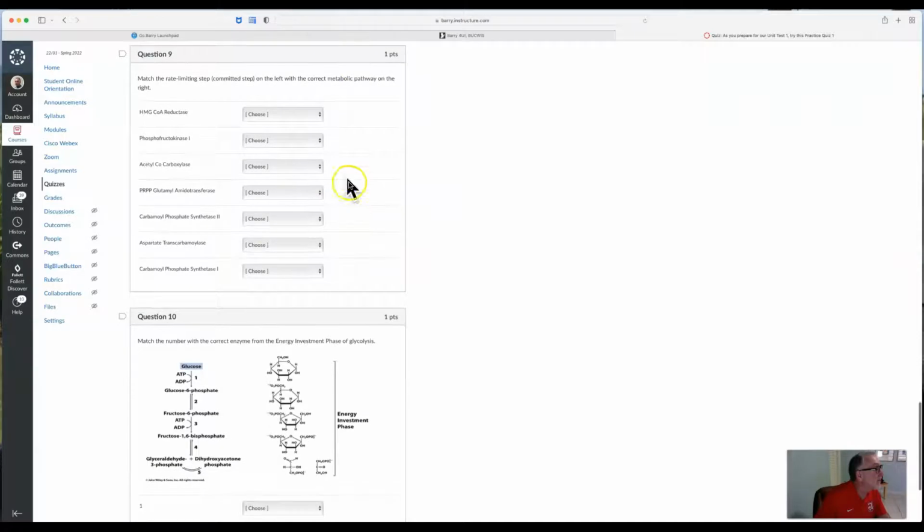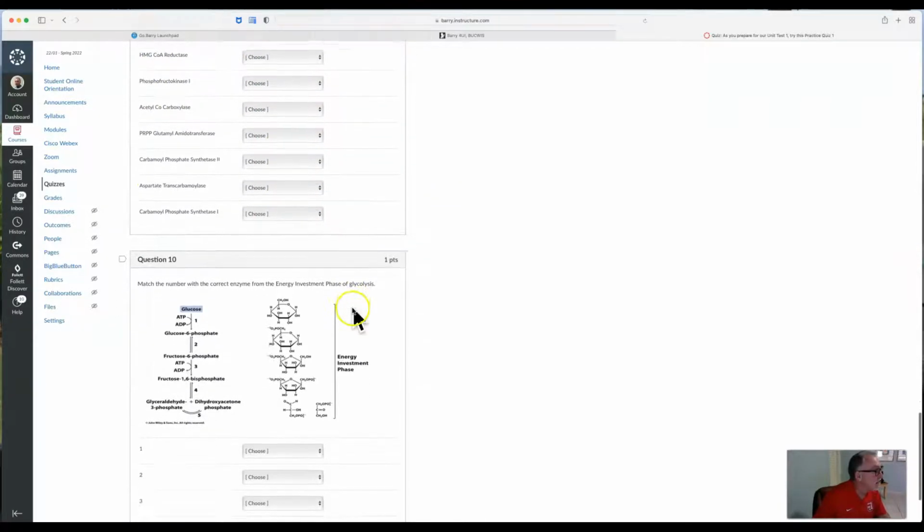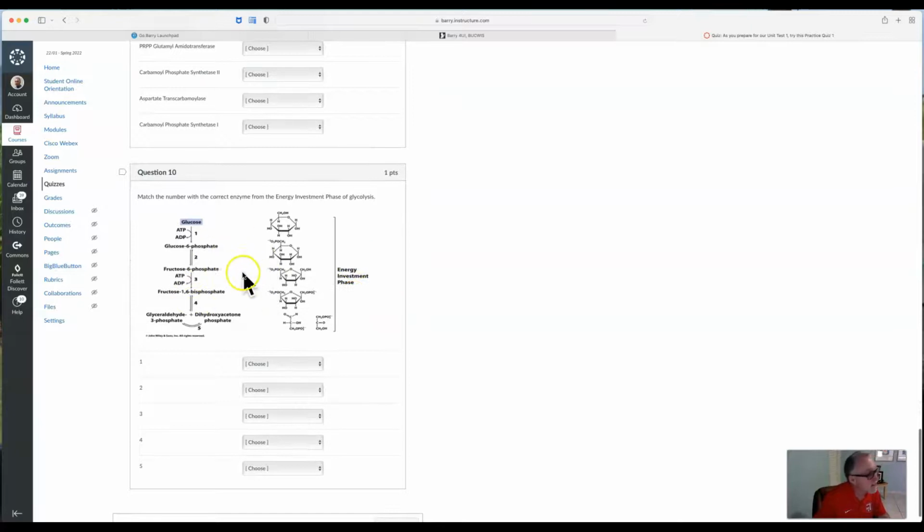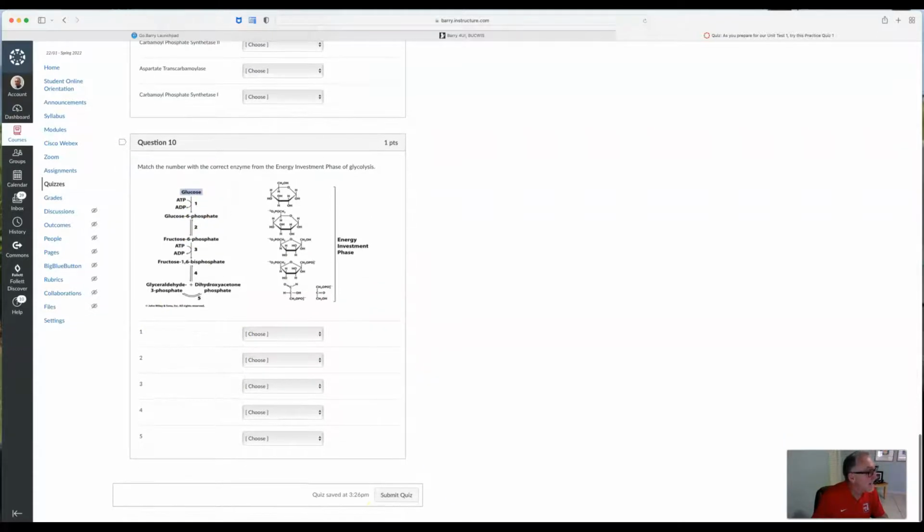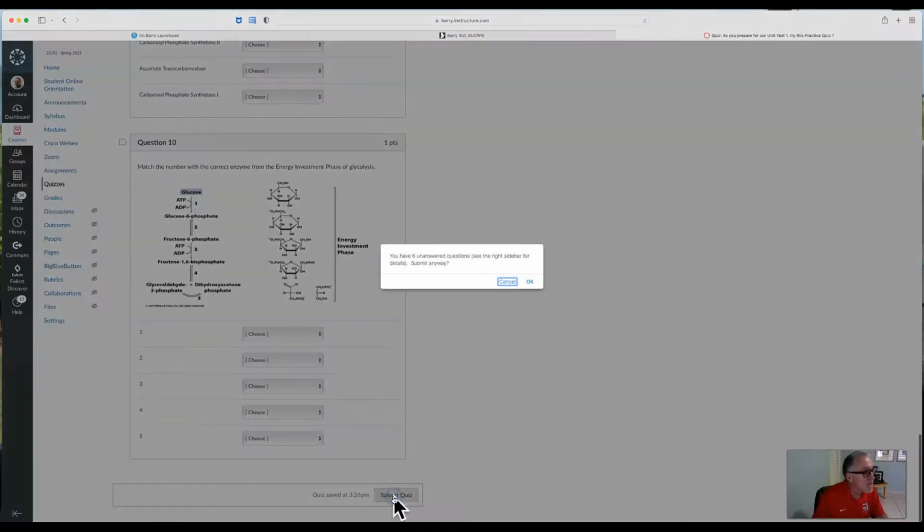And this is a cool exercise here where they've got enzymes and pathways. But here's an exercise, here's a question here taken directly from my Pathways and Puzzles activity. And the students have to identify the number and connect the number with the enzymes. So I'm going to submit this quiz here,